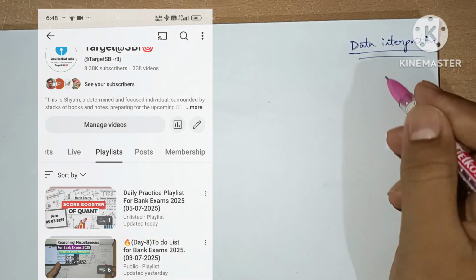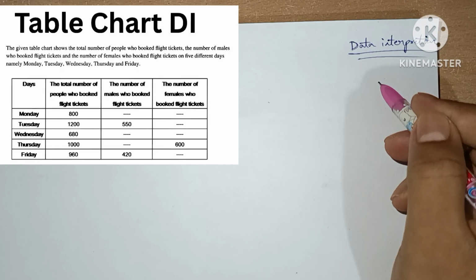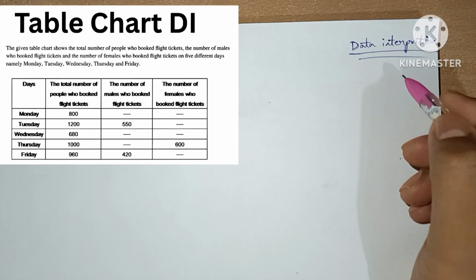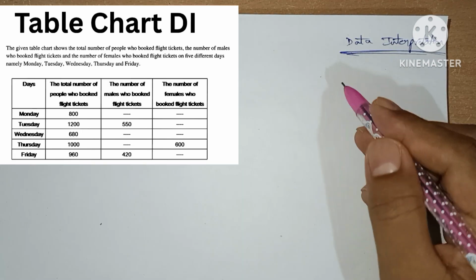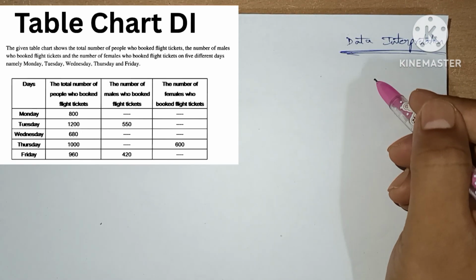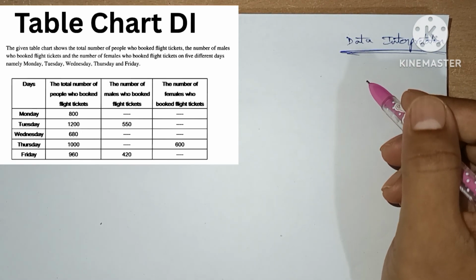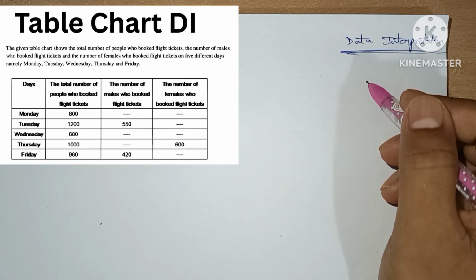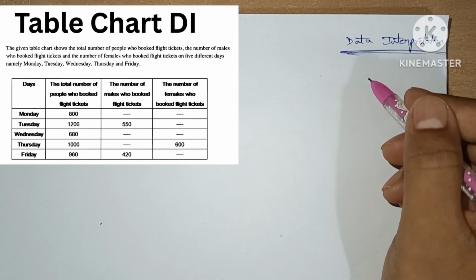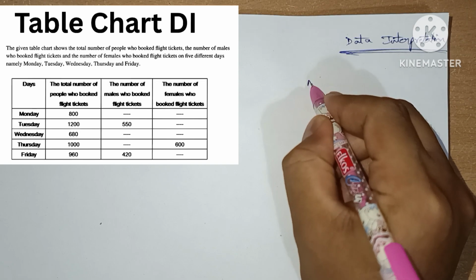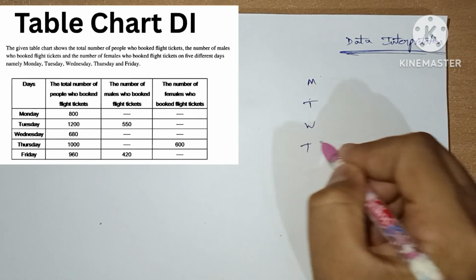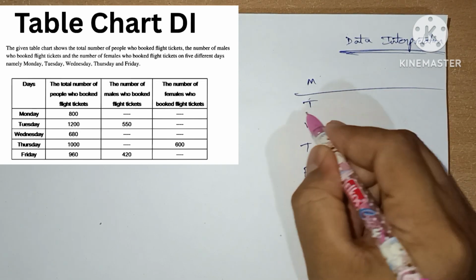So let's practice them. Let's see the first one, which is the table chart DI, and here is the table. Let's see the given information. The given table chart shows the number of people who booked the flight tickets, the number of males who booked the flight tickets, and the number of females who booked the flight tickets on 5 different days, namely Monday, Tuesday, Wednesday, Thursday, and Friday. So let's note the table: Monday, Tuesday, Wednesday, Thursday, Friday,